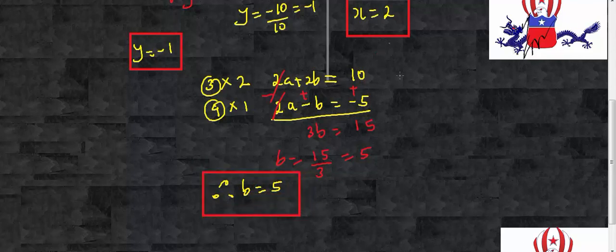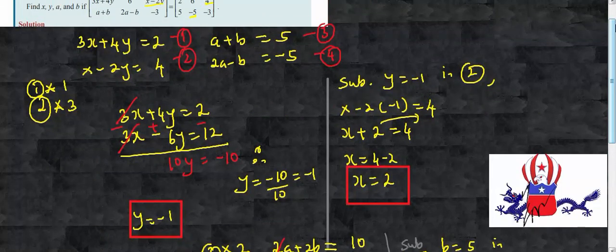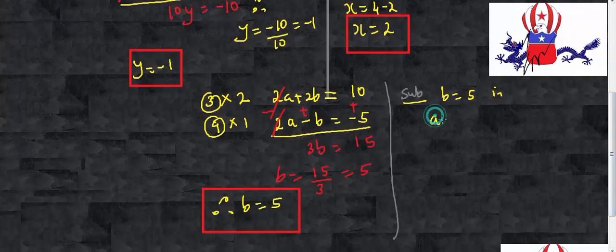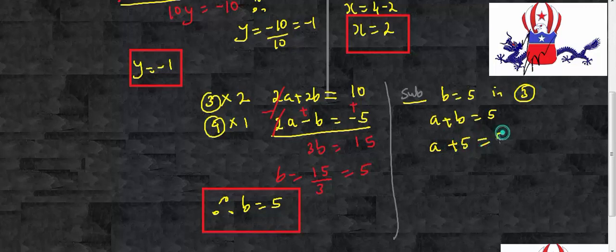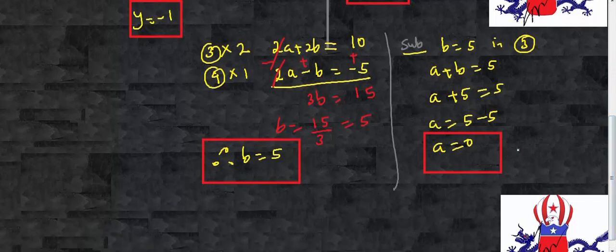Now, to obtain the value of a, I'm going to substitute b equal to 5 in equation 3. That's a + b is equal to 5. So when I substitute it, it's going to be a + 5 is equal to 5, which means a is equal to 5 - 5, which means a is equal to 0. So this is the last value that we were asked to obtain. If you want, you can finally specify the conclusion. Therefore, the values are